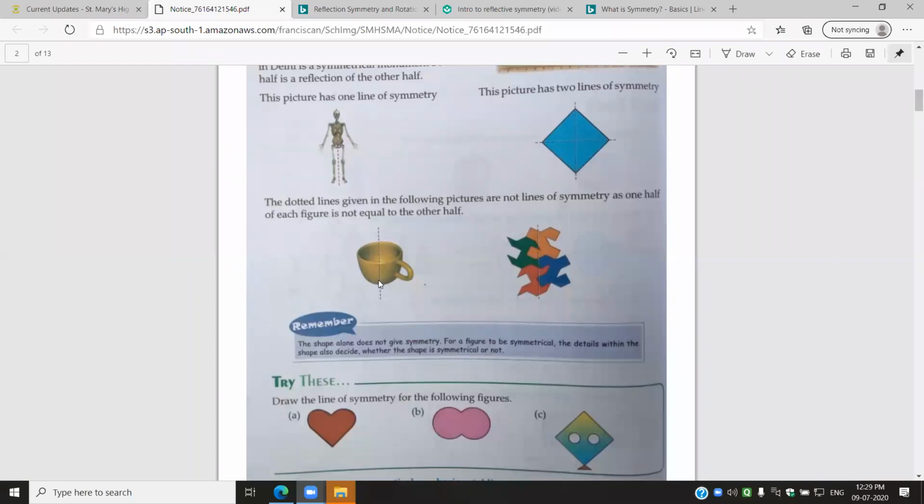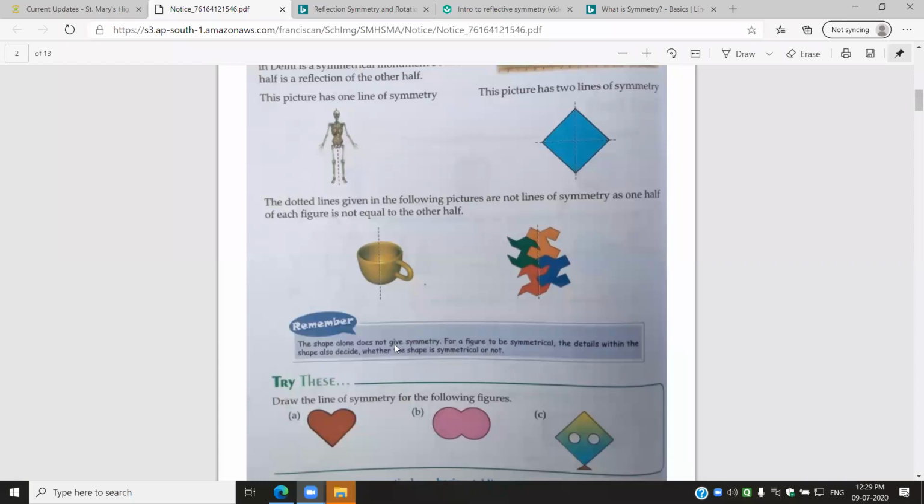Now, if this cup you take and you draw a line of symmetry like this, both the sides are not identical. Okay. Even if you would have drawn a vertical one, it would still not be identical. Now, similarly, you take this picture also. If you draw this vertical line, both the sides, very clearly we can see they are not identical. So these type of figures which are not identical are called asymmetrical. Asymmetrical means not symmetrical.